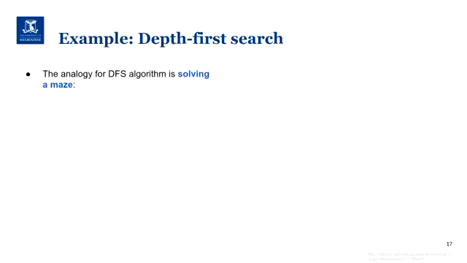So looking at an example of the first search, the analogy for the algorithm is basically solving a maze. How would you go about solving a maze? Let's say you have a big maze, you have an entry, and you have an exit. And the entry and exit analogy could be you asking the question, is there any path between the entry and the exit? Okay? And you can do that with the first search.